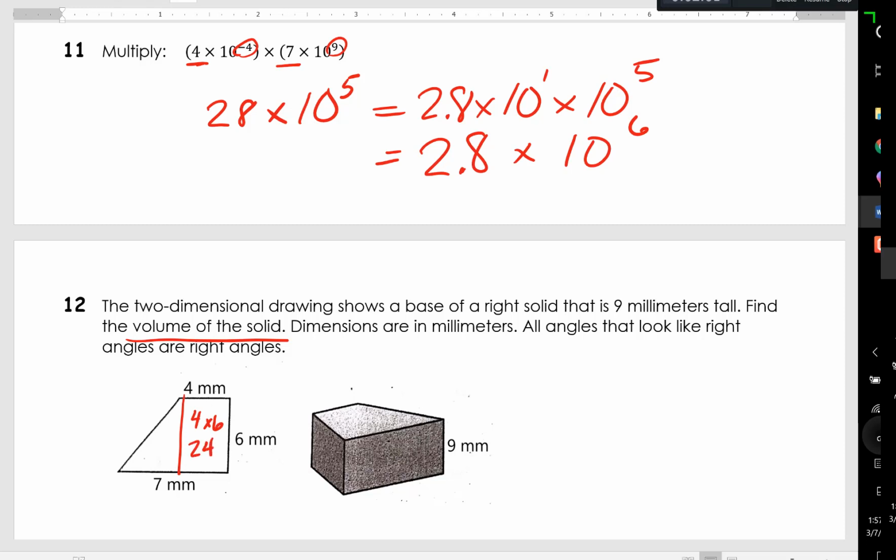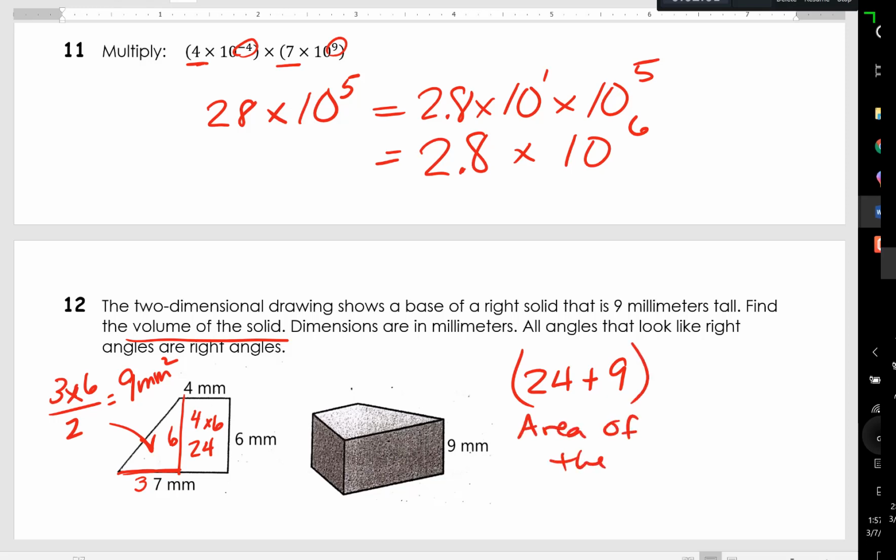And then you have this triangle. The base of the triangle is going to be 3 because all the way across that shape is 7, and we have 4 up here. So that leaves 3 there. And then this side of the triangle is 6. So the area of that triangle is 3 times 6 over 2. Which is 18 over 2, which is 9 square millimeters. All right, so the area of that whole base is 24 plus 9. So that's the area